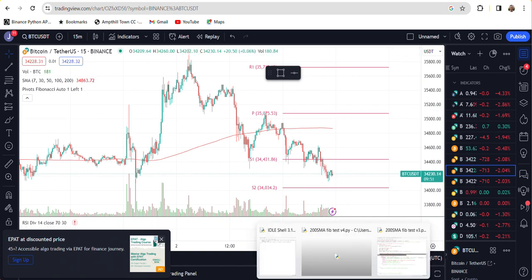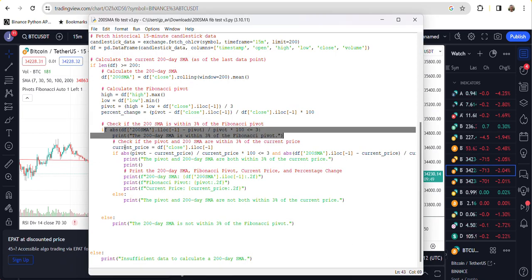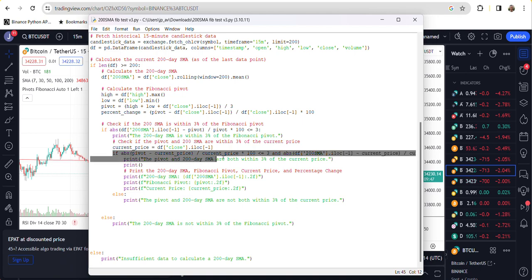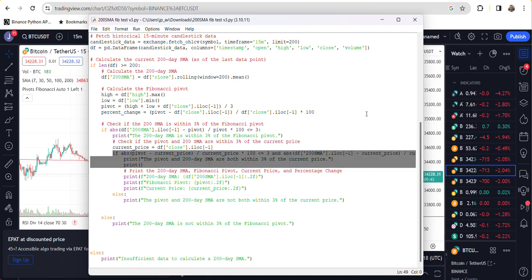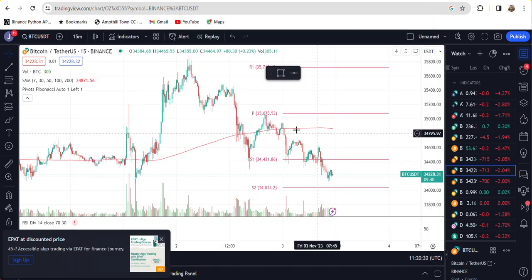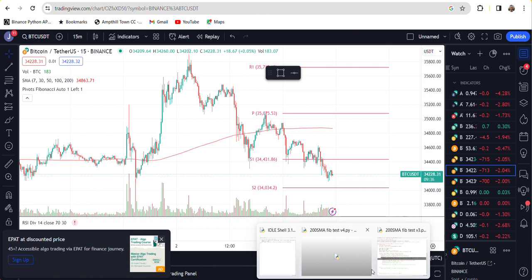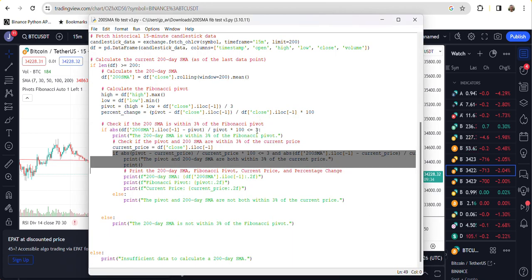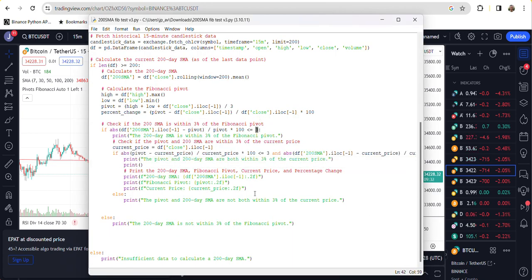Okay, so on the assumption that they are, we then go a little bit further and check, is the current price within 3% of those two lines here? 3%, by the way, I've just made as an arbitrary number. You can change that percentage by altering the value just there, if you want 1%, 2%, and so on.